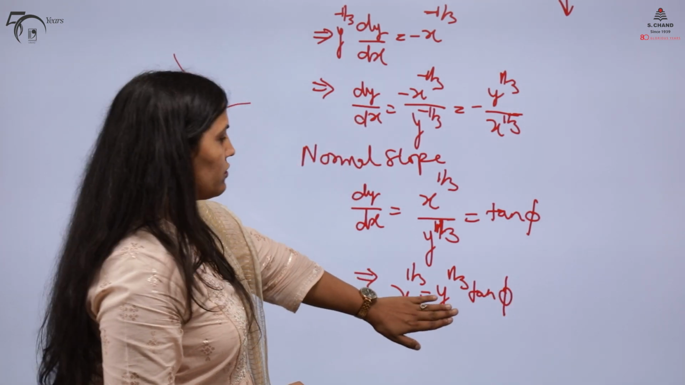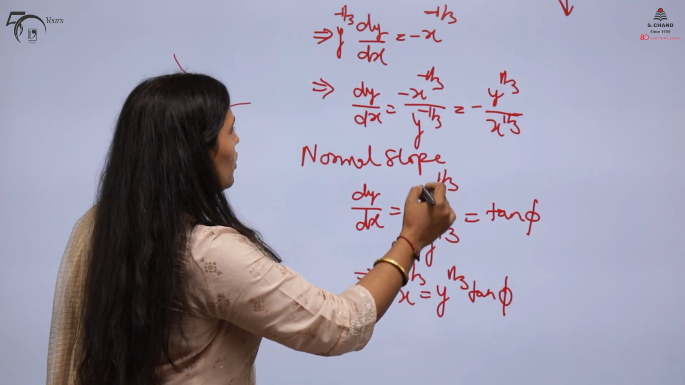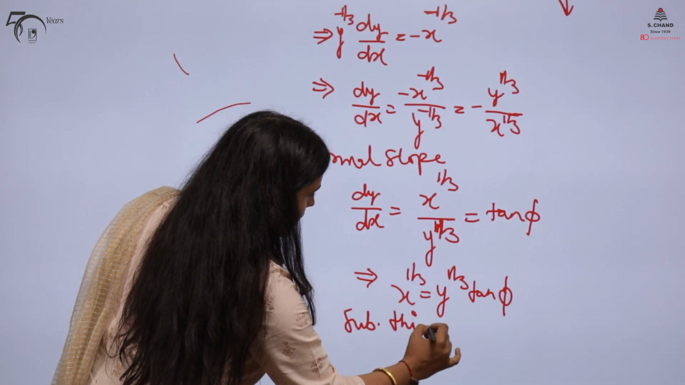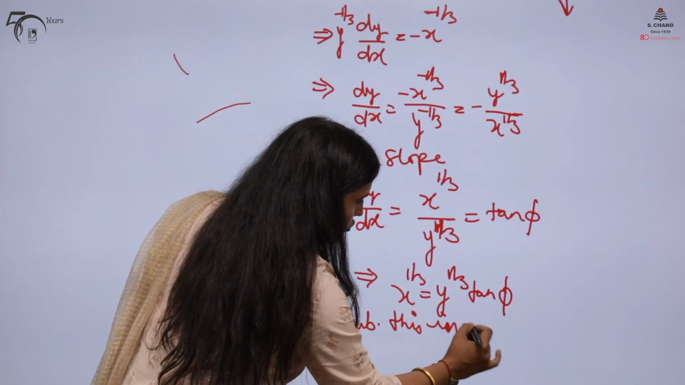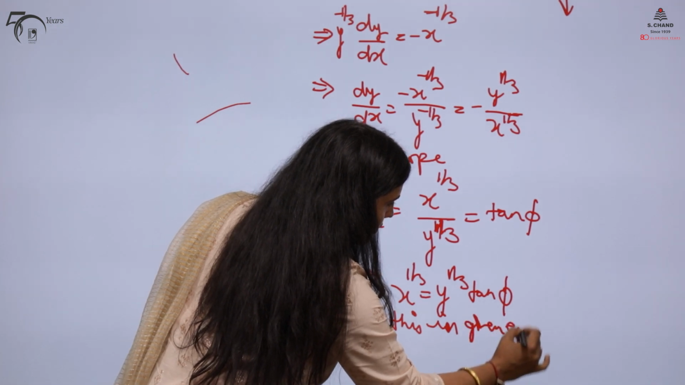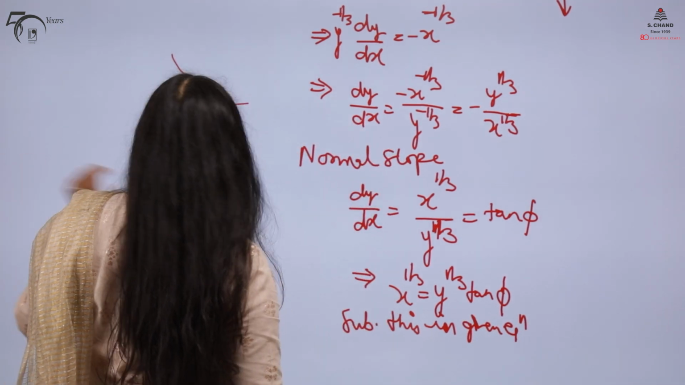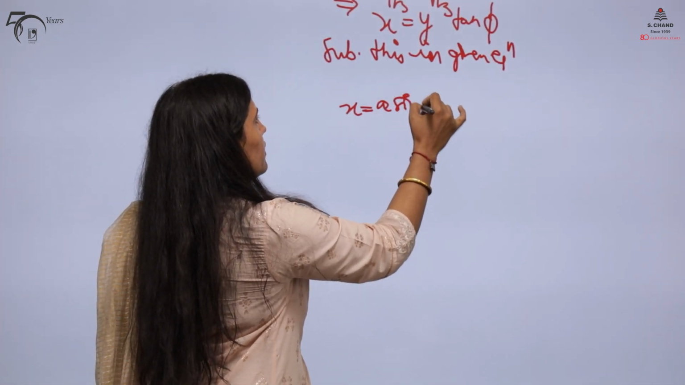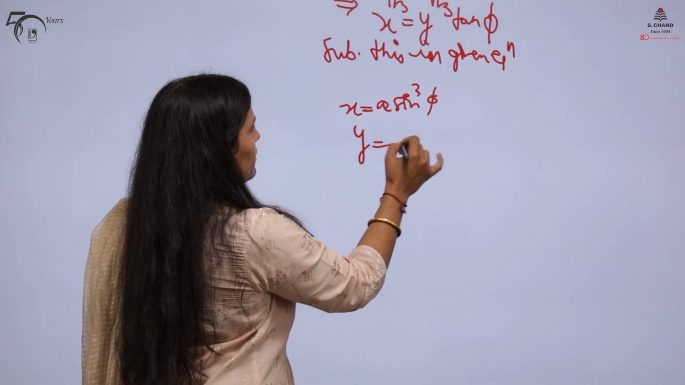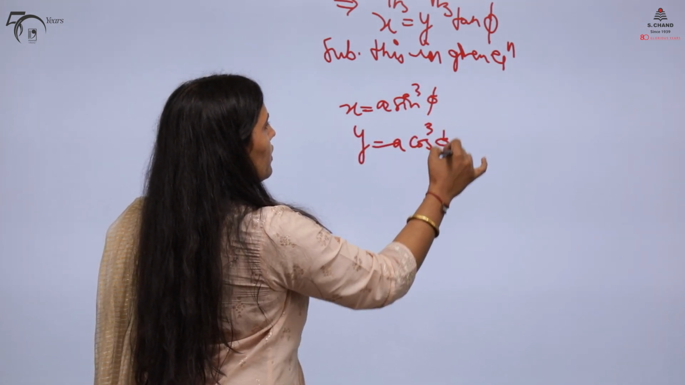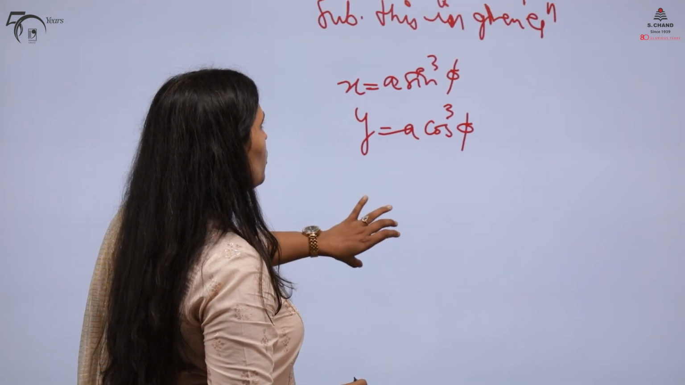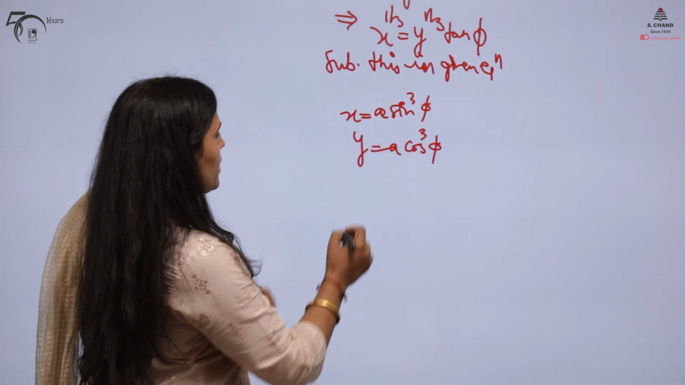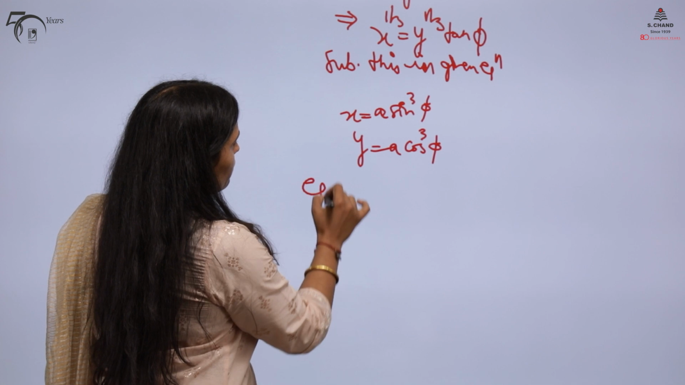If you substitute this relation in the equation of the asteroid, substitute this in the given equation, what will we get? We will get x equal to a sin cubed phi and y equal to a cos cubed phi. So, the slope you got to know and the points you are getting. Now you just substitute the values in the normal equation form. So, the equation of the normal,